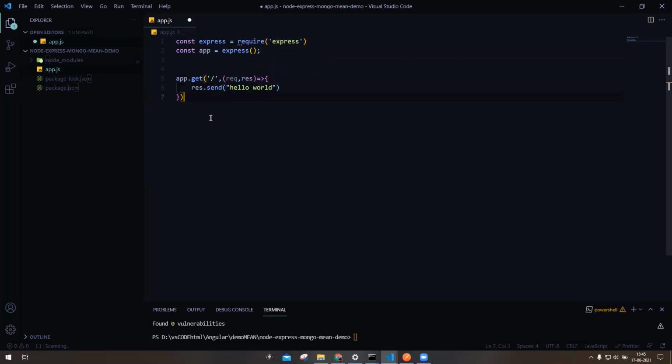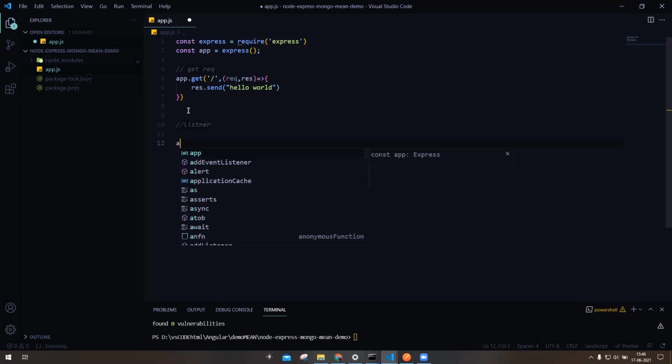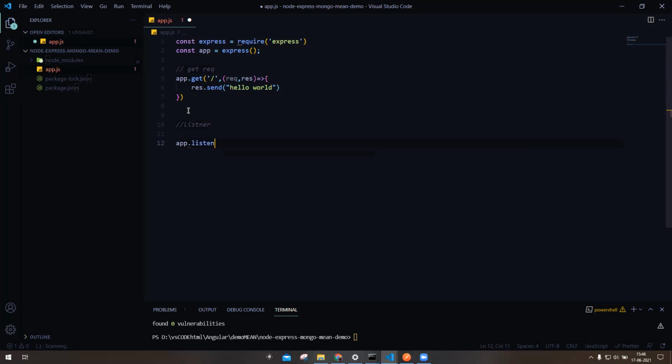I will also add a comment so as not to get confused. So this is a get request, and now we have to give the port number to listen on. So we will create a listener for this project with app.listen, and we will provide a port number here.